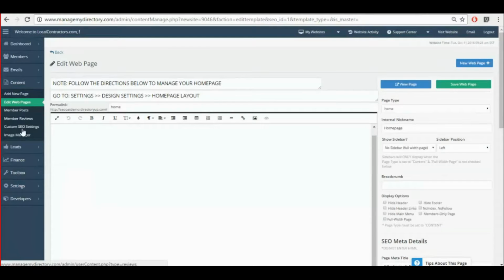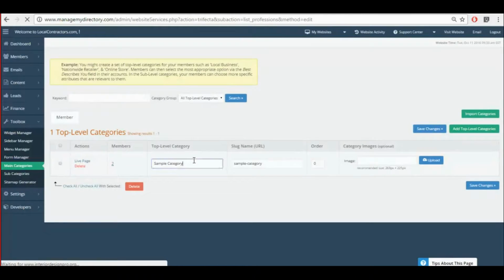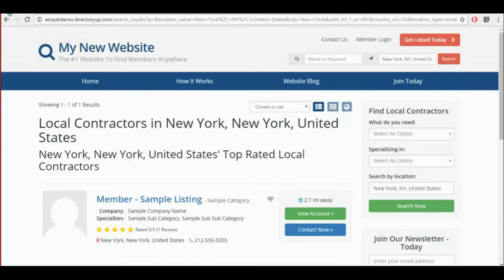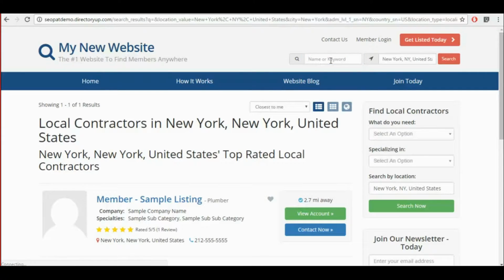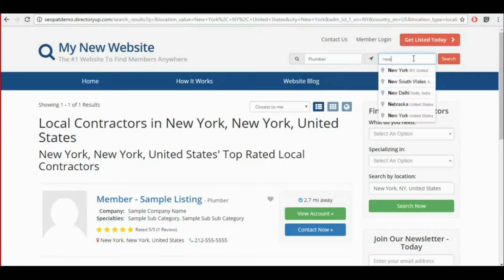When you add categories to your website, and we're going to go ahead and add one real quick right now, we'll add a main category. What's a main category that we can have? Plumber? Plumber's fine, yeah. All right, let's do a plumber. All right, go ahead and save that. So I'm going to refresh this page because we just updated. So now perhaps somebody's going to look for a plumber on your website. That's a possibility. So if somebody's searching for a plumber and they wanted him in New York,